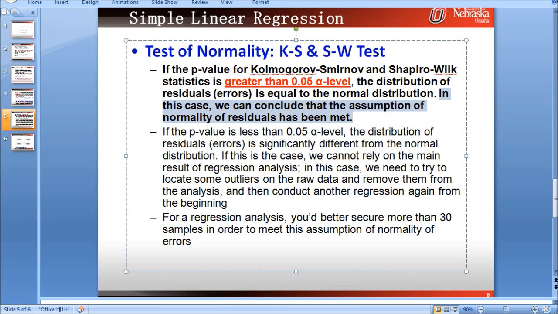Okay, so we have just checked the assumption of normality of errors.